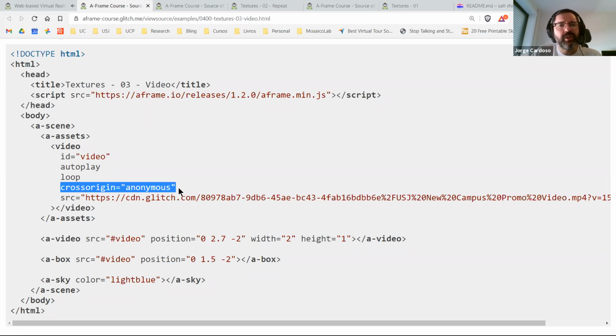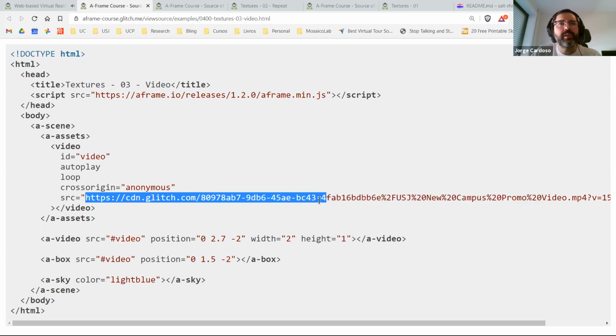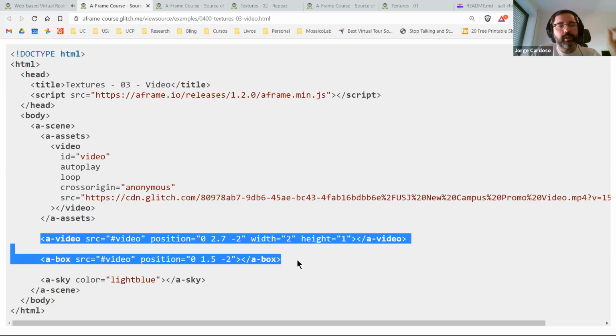This is actually not needed, so you can just ignore this attribute. We tell it where the source is, and in this case, this is from the assets folder in our Glitch project. And then notice that we are applying the same texture, which is a video, to two different